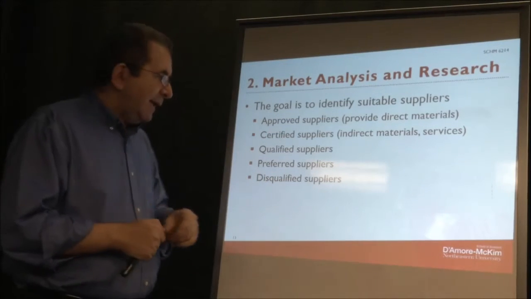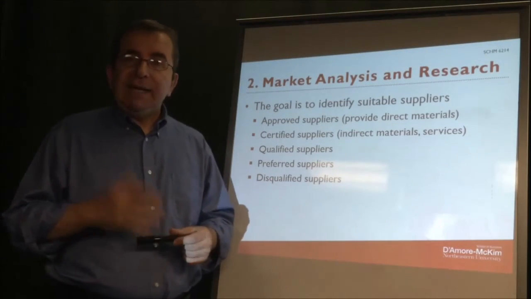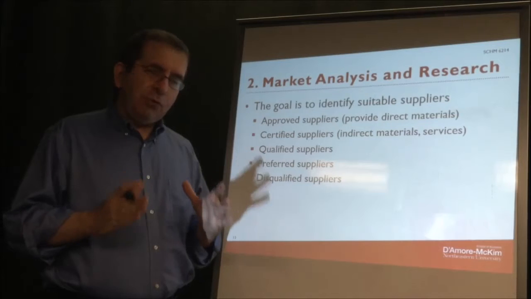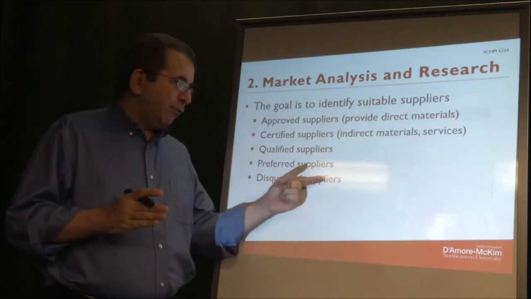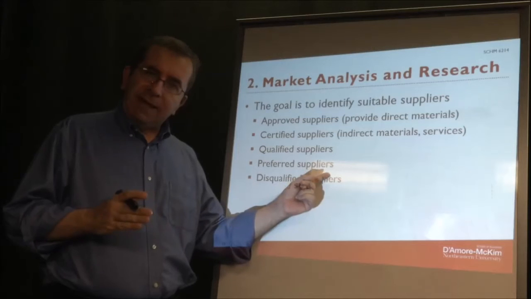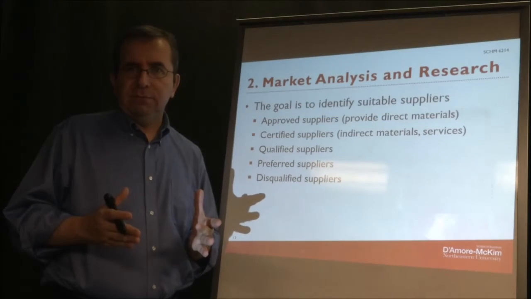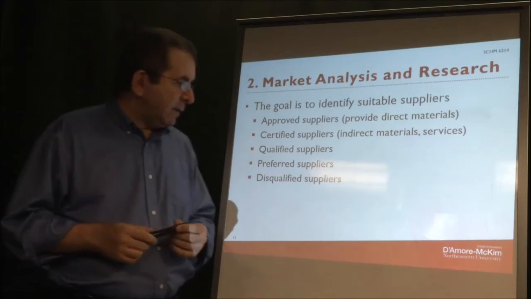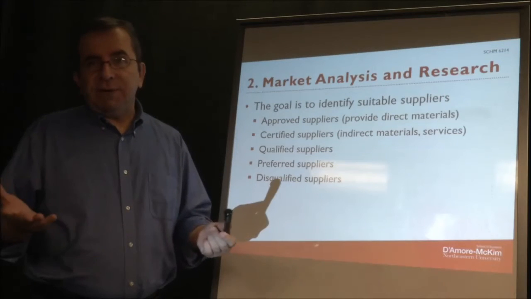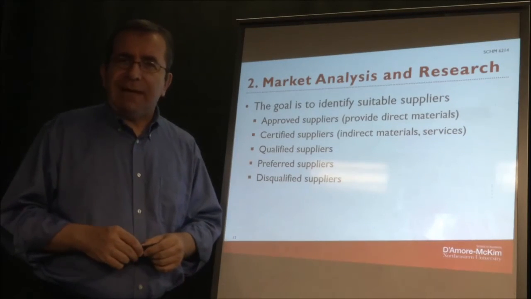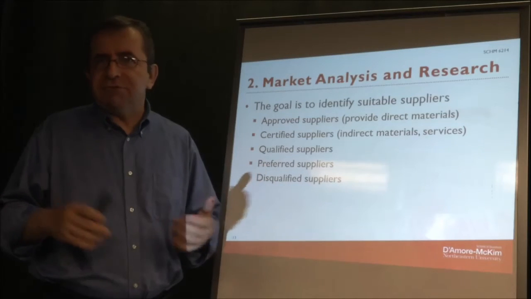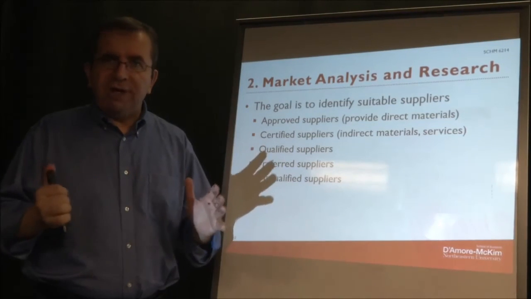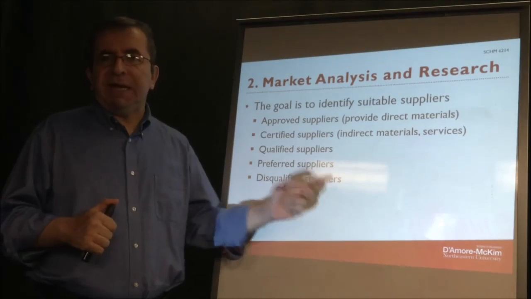And then there are preferred suppliers. With preferred suppliers, the company says, if you want to purchase something, I prefer that you use these suppliers, but you don't have to. And finally, there are disqualified suppliers. These are basically blacklisted companies that you don't want to work with for whatever reason: poor quality, corruption, you name it. For whatever reason, you don't want to work with these suppliers and you want to avoid